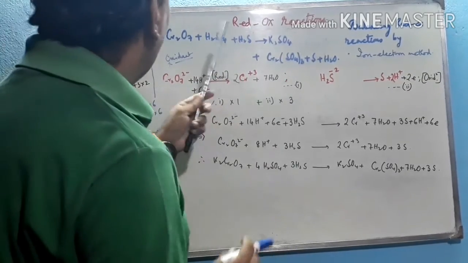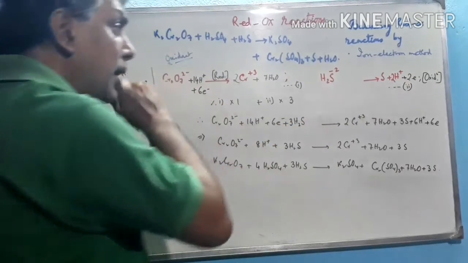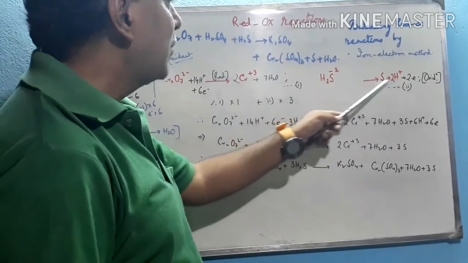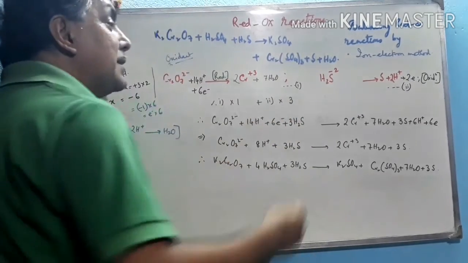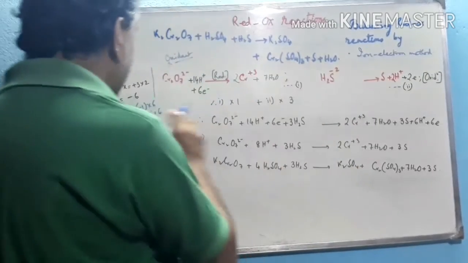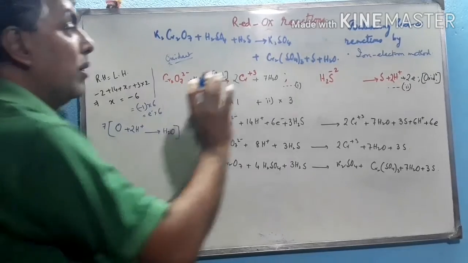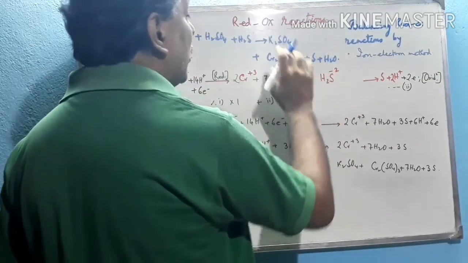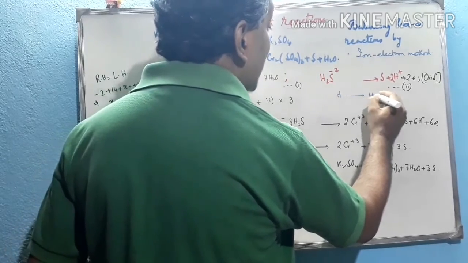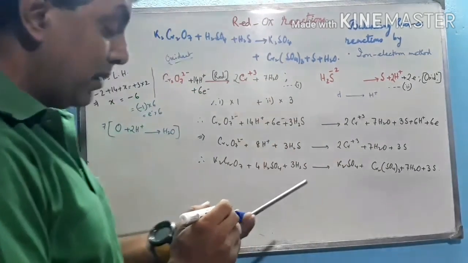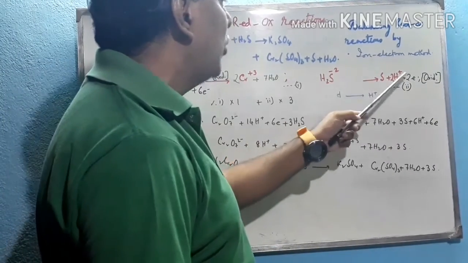See this, H2S converts to sulfur first. Now the number of sulfur atoms is balanced on both sides. To balance the hydrogen atoms, again the rule is: to balance oxygen atoms we add H plus on one side and H2O on the opposite side. But to balance hydrogen, we add only H plus on the opposite side, because this is an acidic medium. So in the case of H2S, for 2 extra hydrogen atoms, we have to add 2H plus.